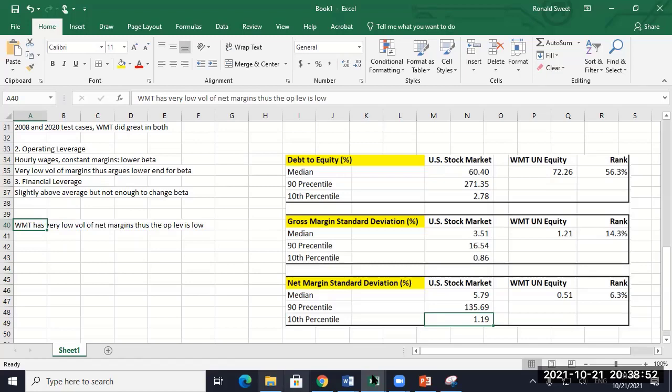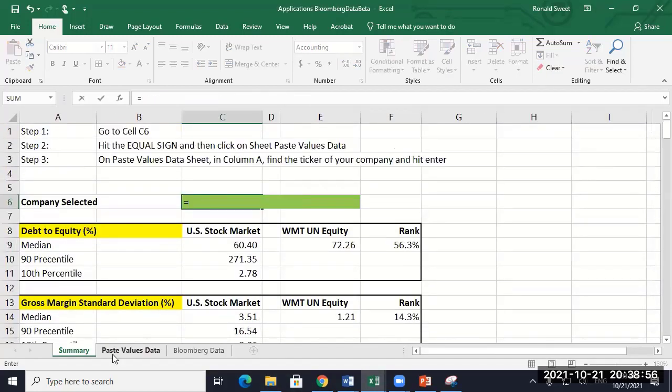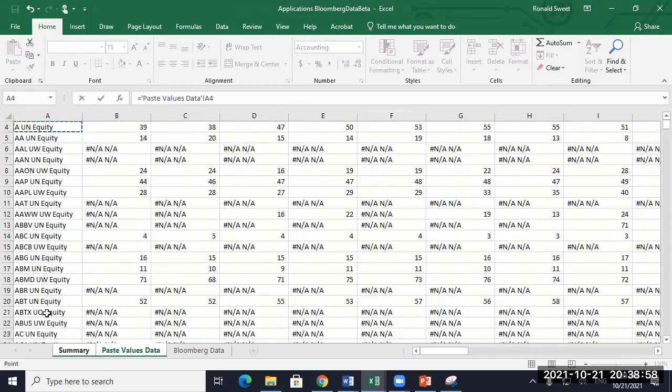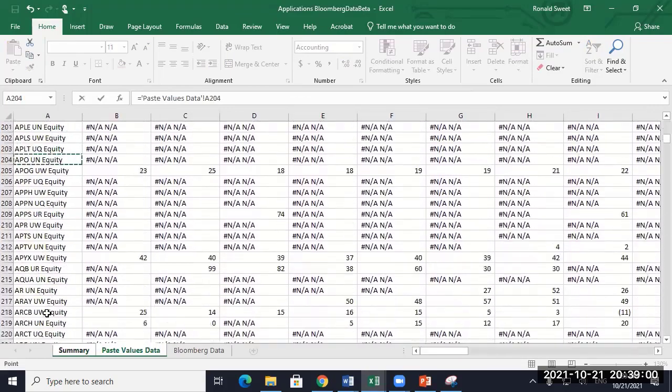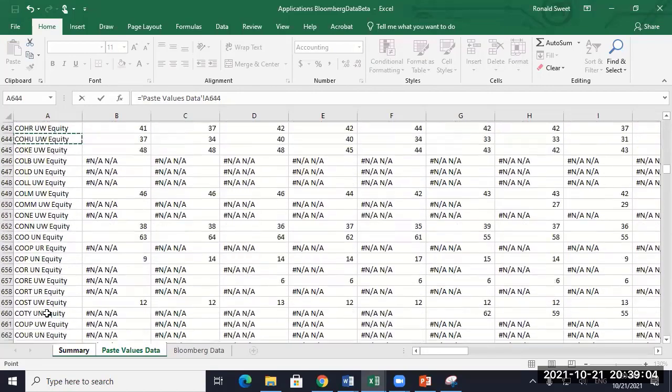So if you look at some companies, I always love showing Costco because they're so off the charts versus everybody else. That's the reason I'm doing Costco in my forecasting class, because they're one of the easiest to do.